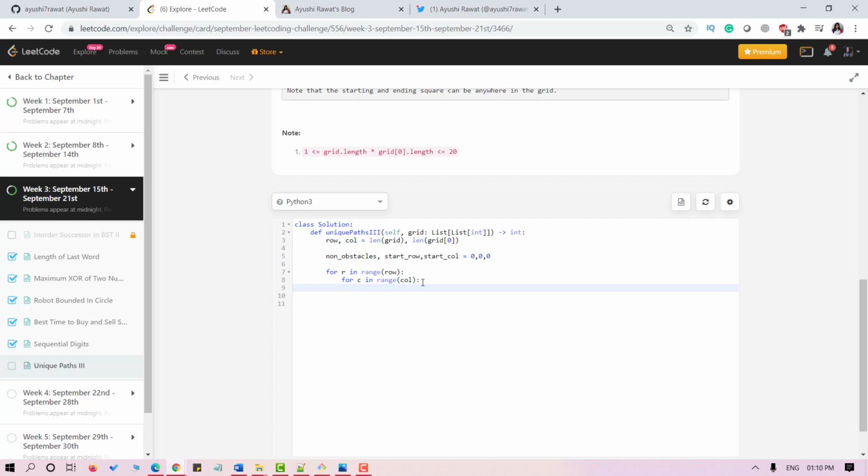After that, I'll compare. If cell is greater than or equal to 0, then I'll update non_obstacles equals non_obstacles plus 1. That is, I'll increment it. And if the cell is equal to 1, in that case, I will set start_row and start_col to be equal to row and col.